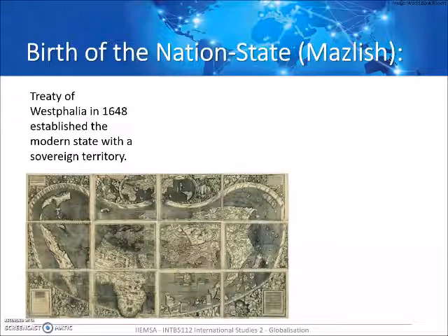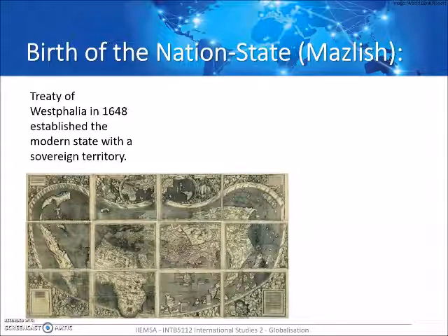And it was only in 1648 with the Treaty of Westphalia, and this is really important. This treaty basically established the modern state, right? Now this was in Europe after a period of a lot of wars, where all the different European, by then not really countries, but areas or kingdoms, were fighting each other, and came to realize that this was not really beneficial for anyone. And so in 1648, they sat down and they signed the Treaty of Westphalia.